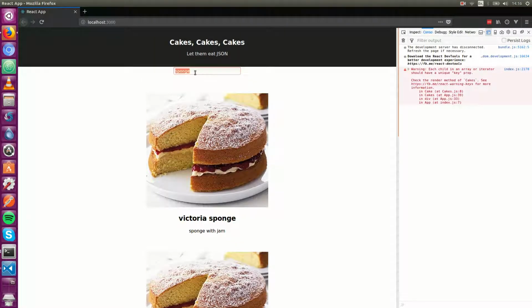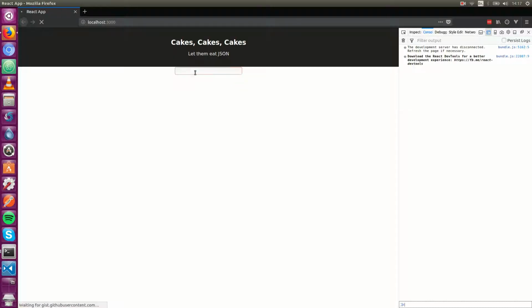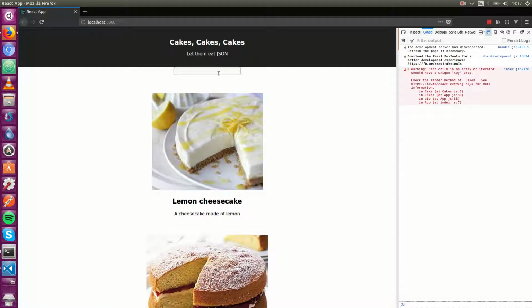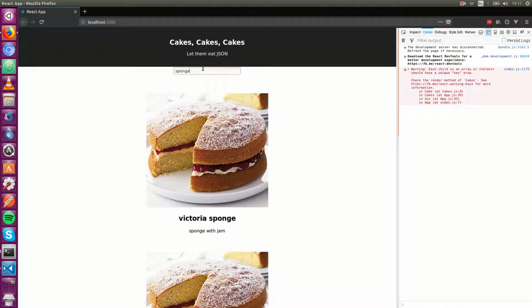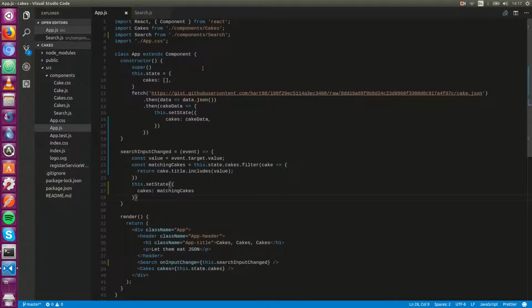Now, one thing you'll notice, I've done this, but now if I go back and I type lemon, all the cakes are gone. It's not finding any matches, even though if I refresh, I can see there's definitely a lemon cheesecake. I can try it again, sponge. This time I'll search for cheesecake. Nothing. So what's happening here is that I take a list of all the cakes which match the search phrase,